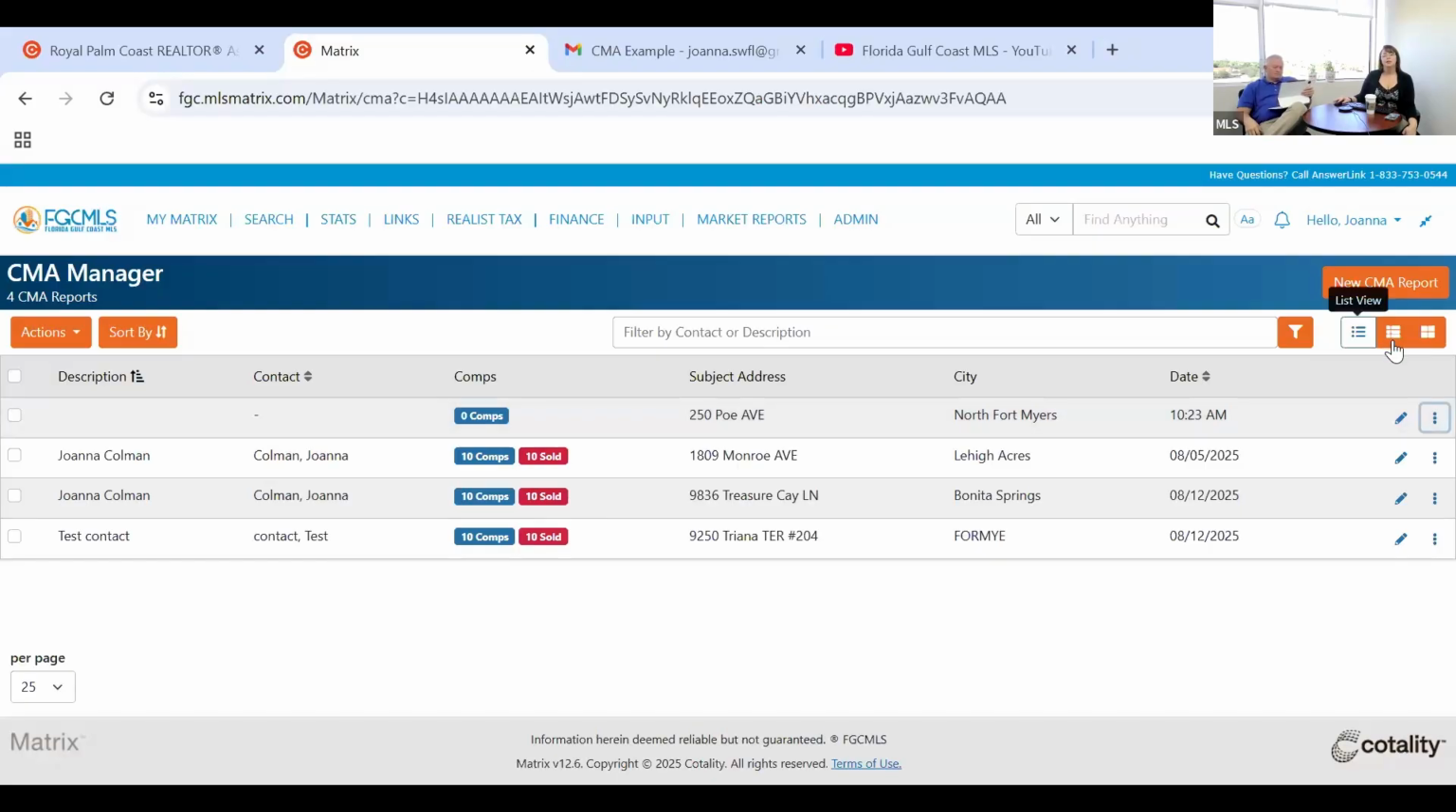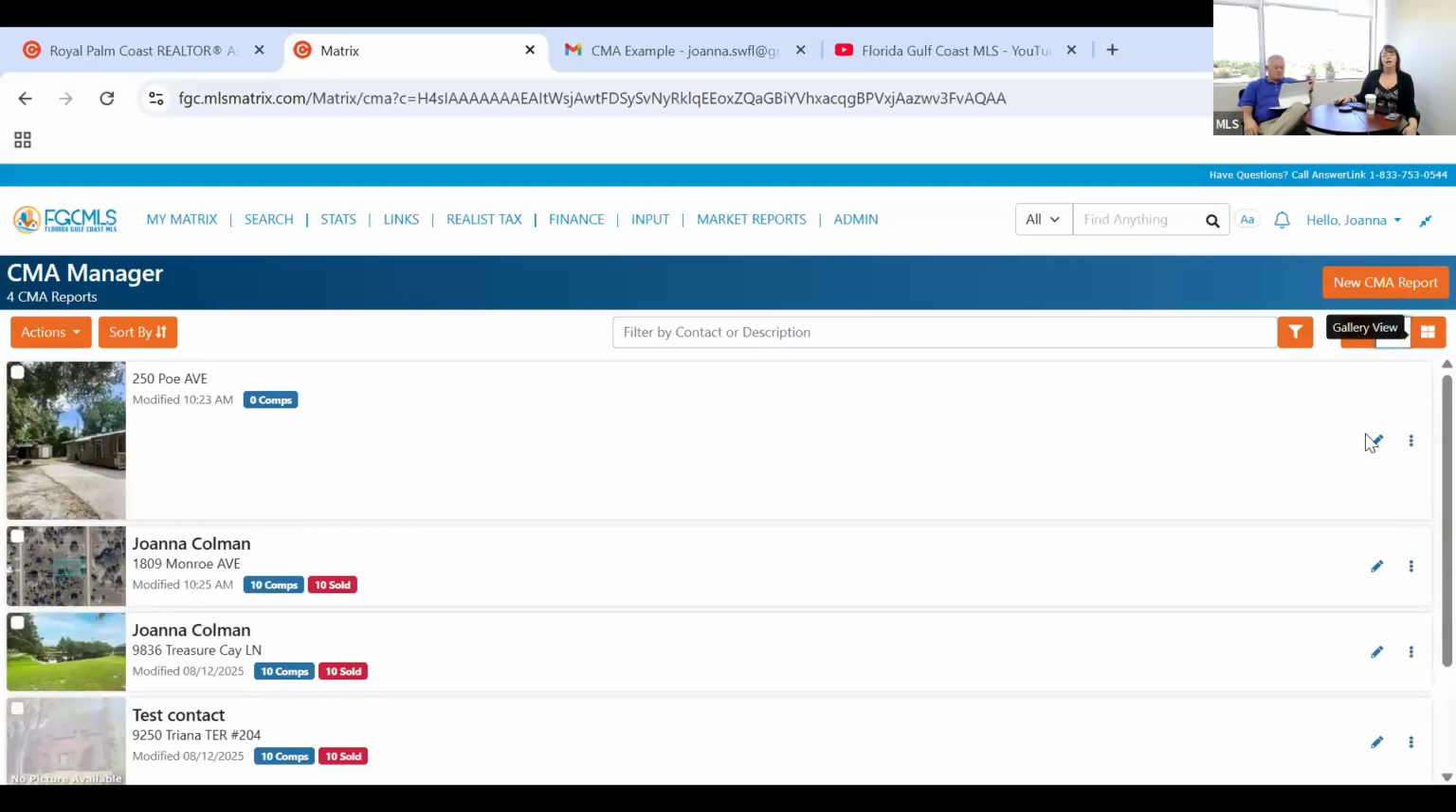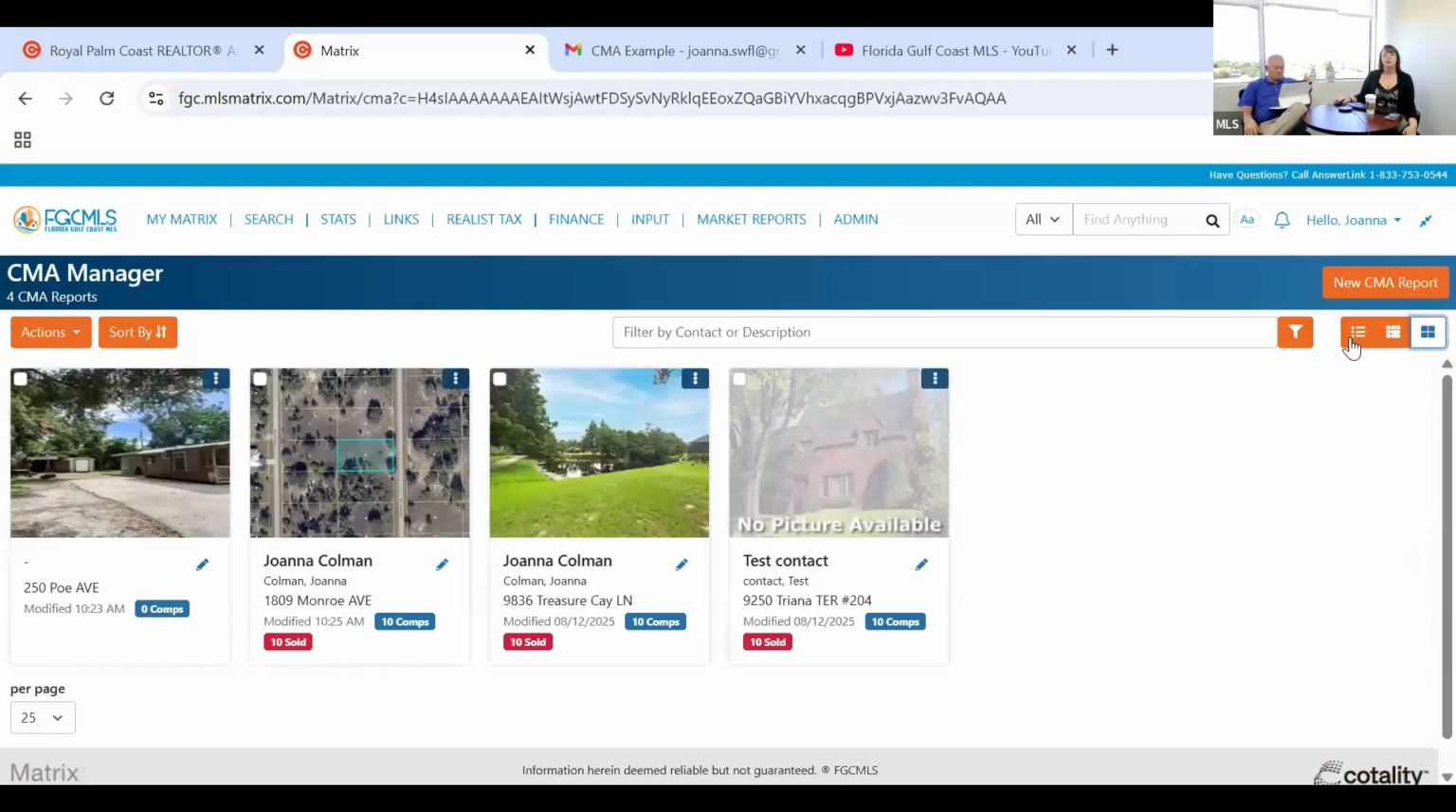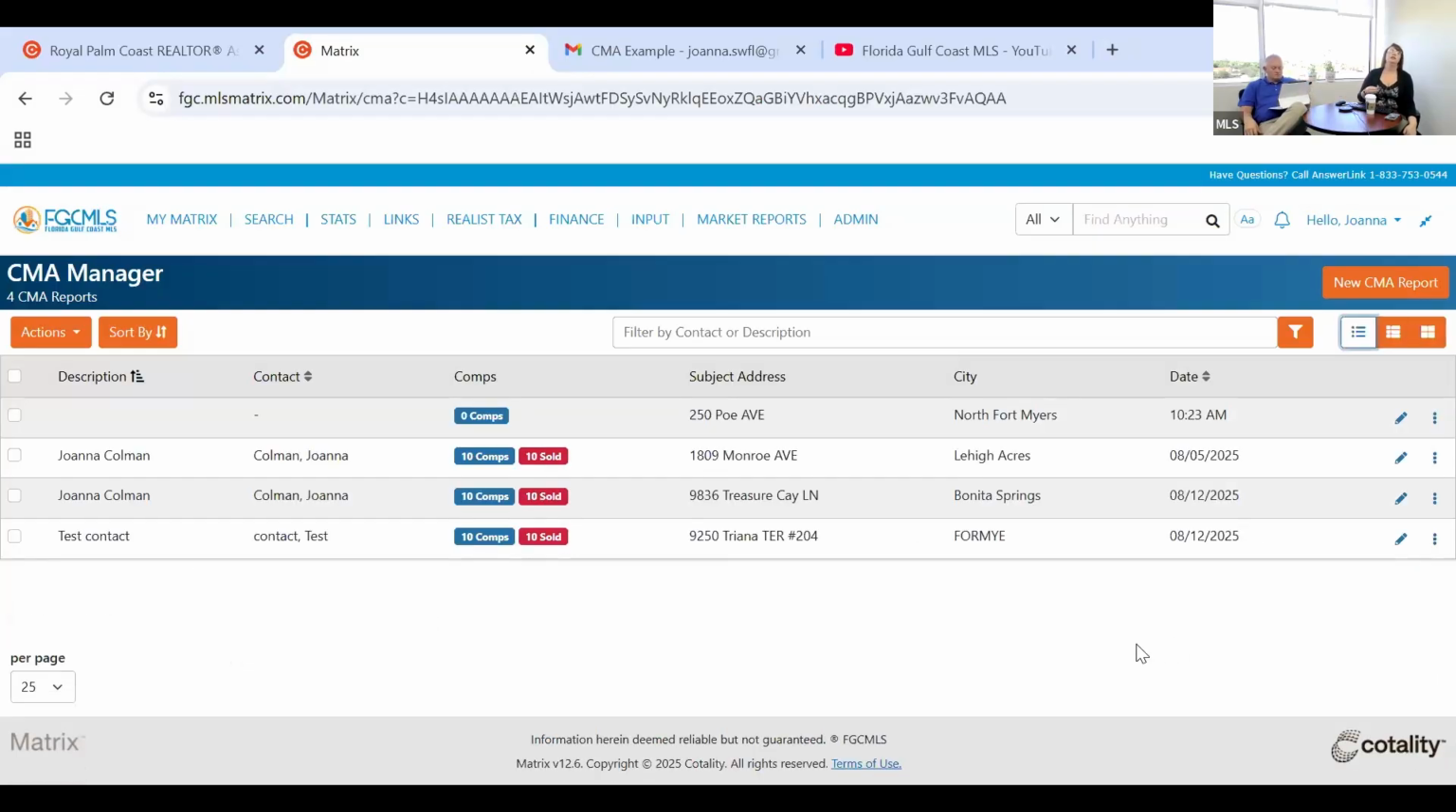viewpoints. So this is the list view. You can do a thumbnail view, and you can do a tile view with your photos. So you can now edit your experience to what's going to make you feel more comfortable. But let's go ahead and start from the beginning